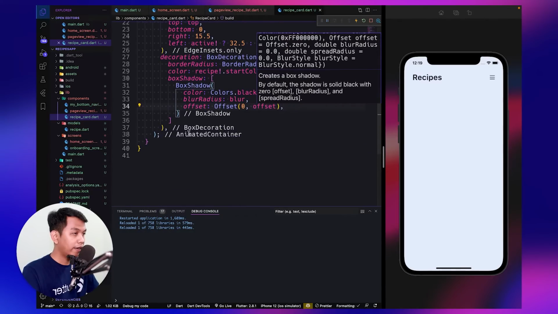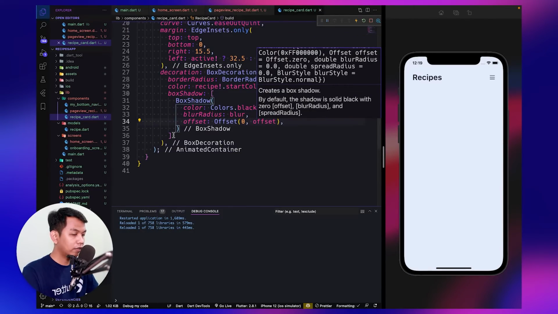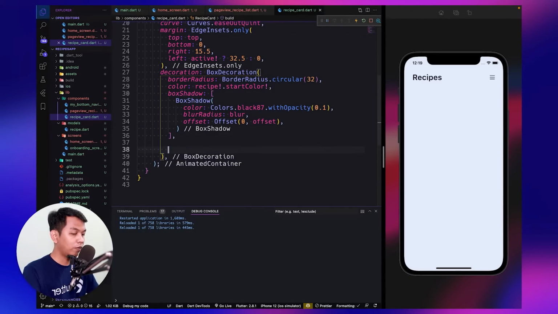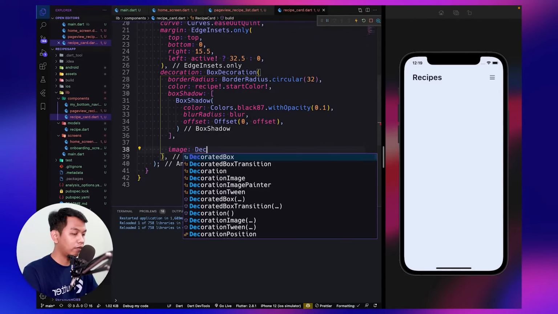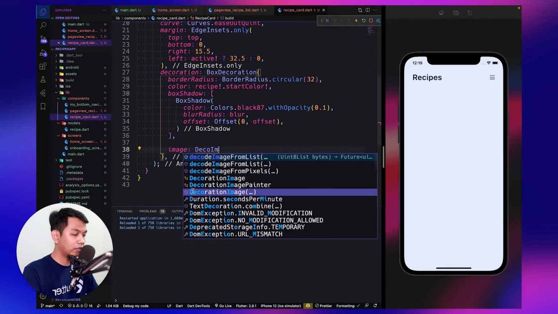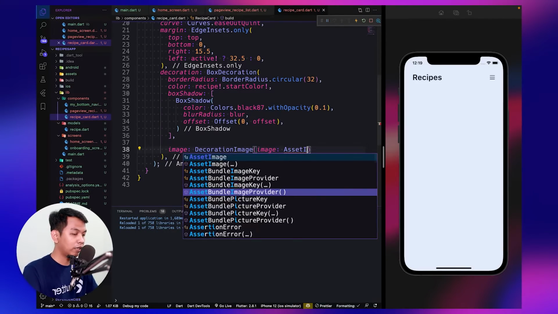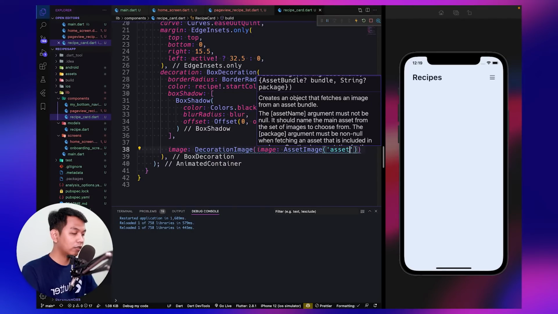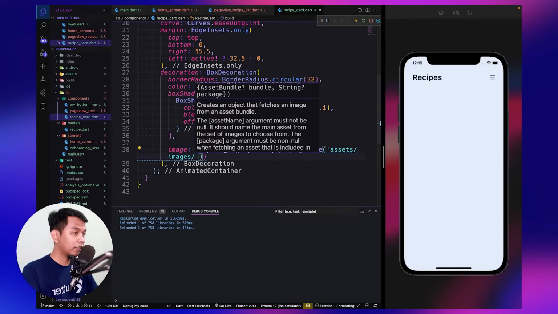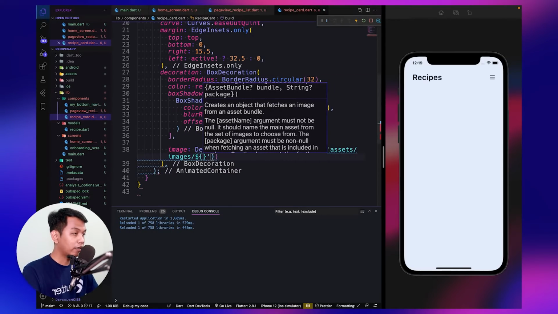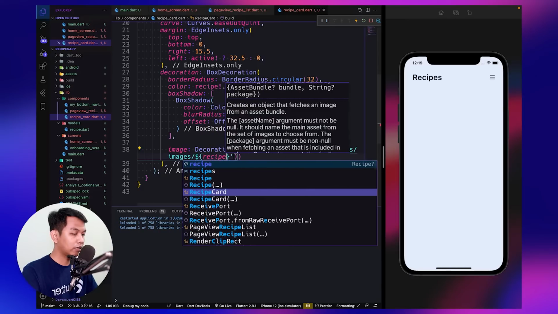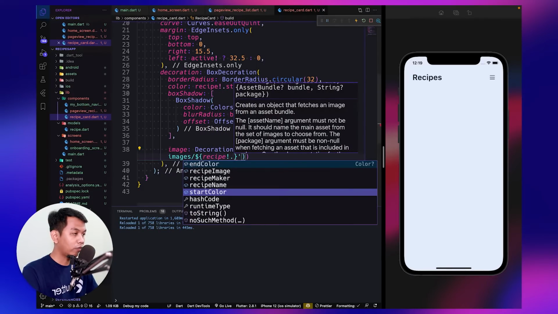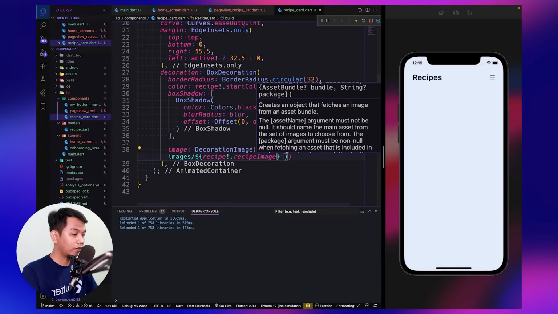Okay, and below our box shadow, we say image, and we use a decoration image. For the image, we say assets image, and we call our assets image slash, dollar sign and curly braces, let's call our model, and we say receive image, like this.